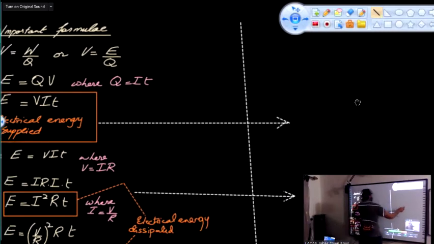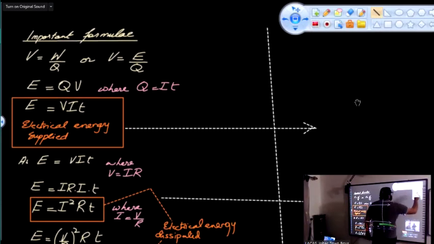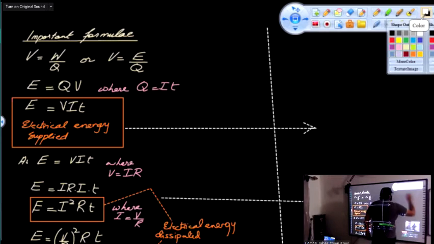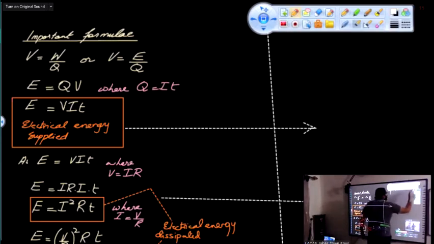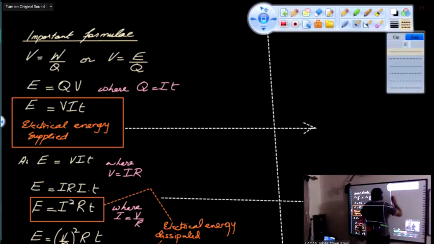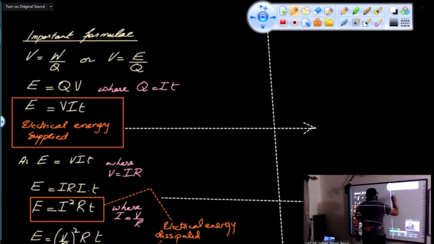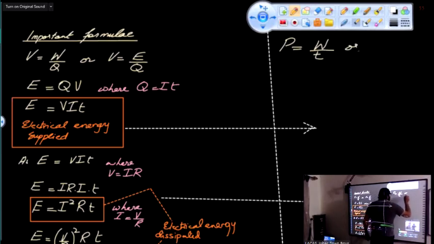Okay, in the first phase, what I'm going to do, I'm writing the formula of power. So according to what we have studied in physics, power is work done over time. That is rate of work done. Or, power is